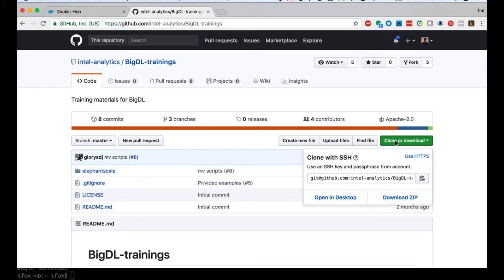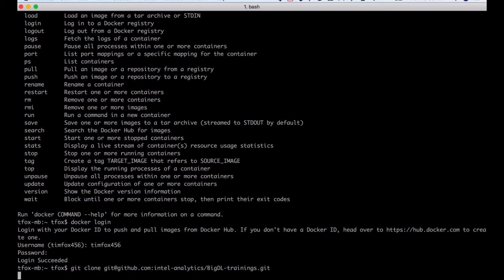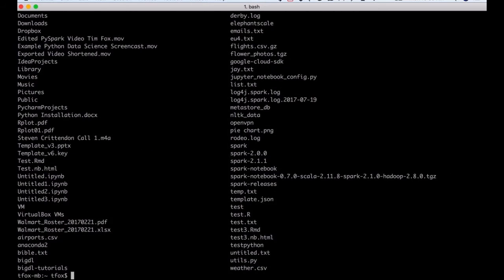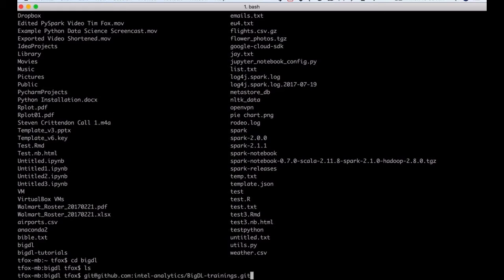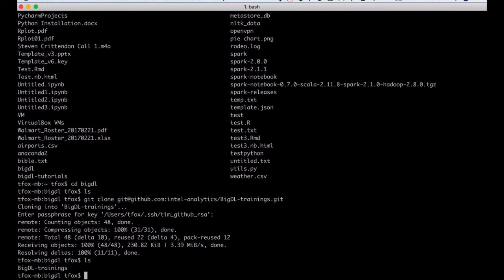And what I'm going to do is clone this onto my system. So I'll say git clone. Now that should give me a directory here called BigDL-trainings.